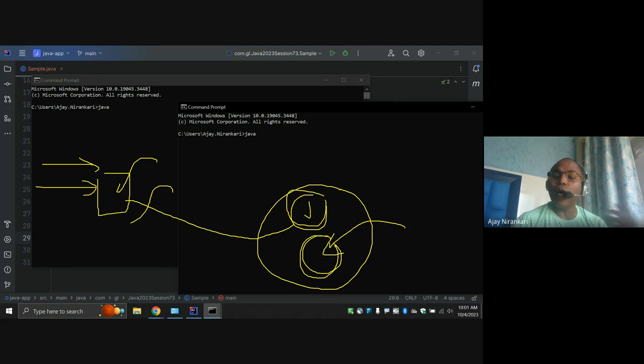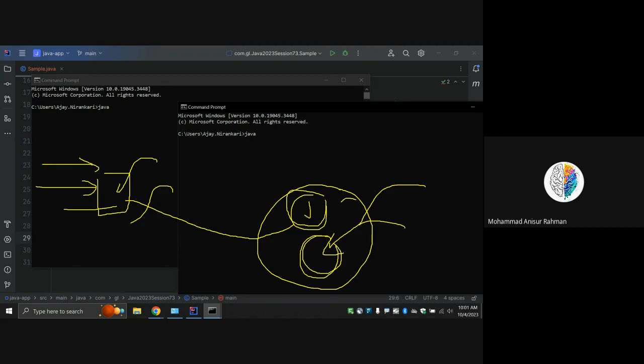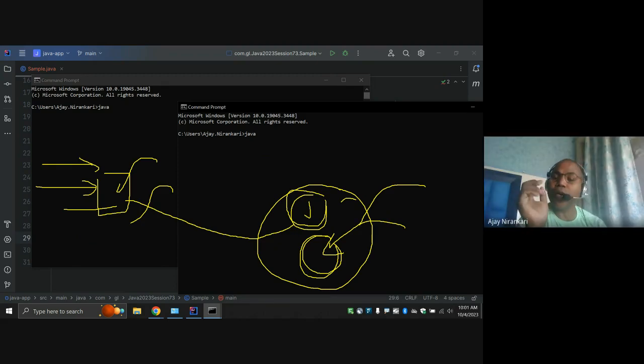So why not run two processes? If one stops, another process can continue. This is the concept where Java designers thought, why not let our Java application run multiple sequences of code simultaneously.